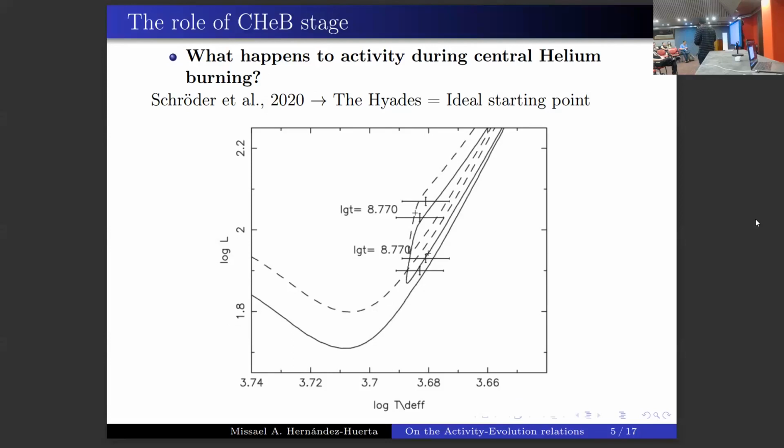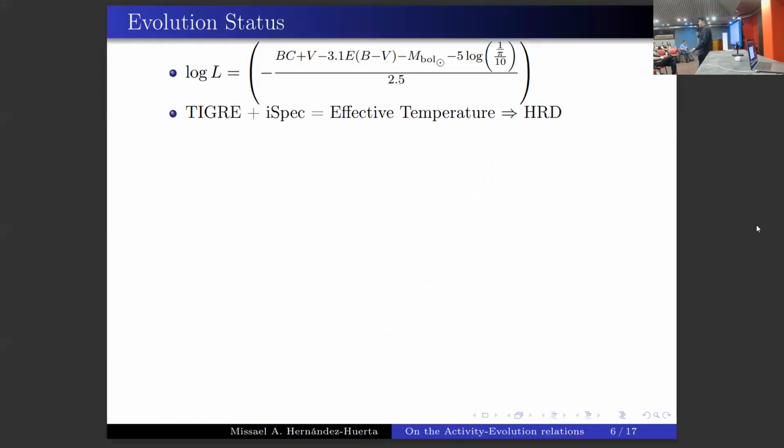En este artículo se utilizaron los 4 gigantes tipo K de las Híades y se mostró que se agrupan en pares. El primer par es bastante más activo, pero es menos evolucionado porque es menos masivo. Y el segundo par es un poco más masivo, más evolucionado y menos activo. Entonces, el punto es poder recolectar más observaciones y monitorear la actividad en esta región particular de la evolución y del diagrama. Así que lo que hicimos fue hacernos nuestra propia muestra de estrellas.